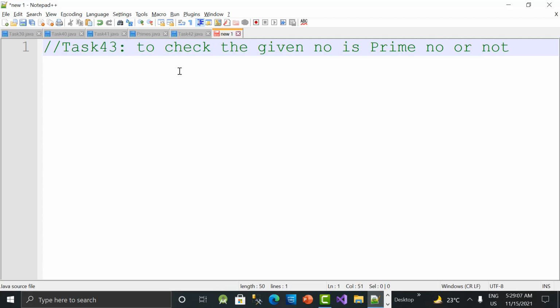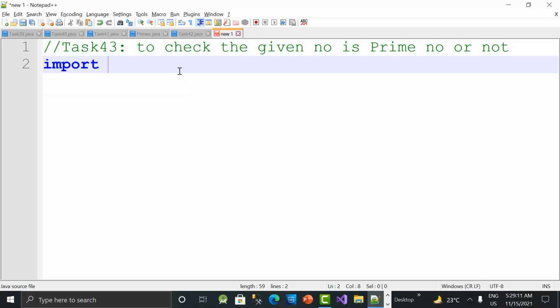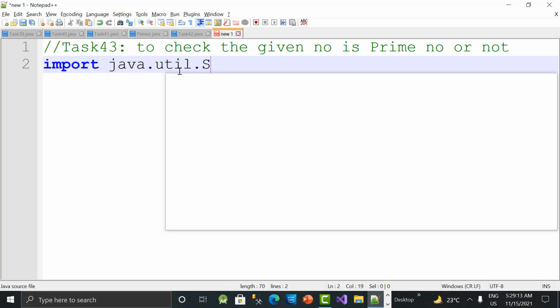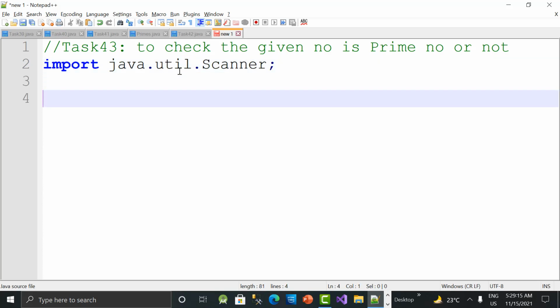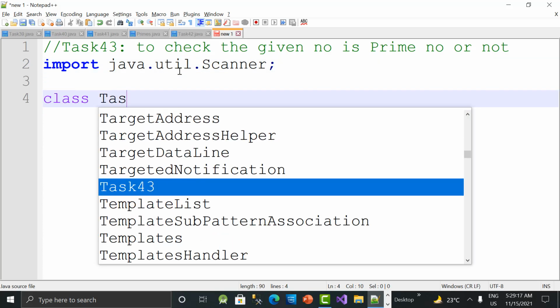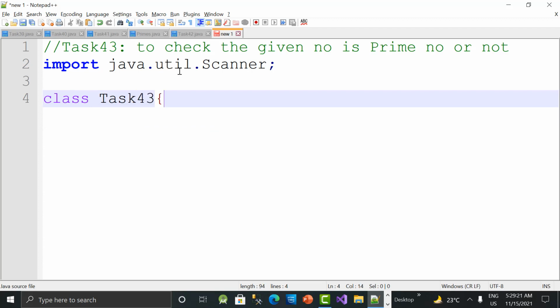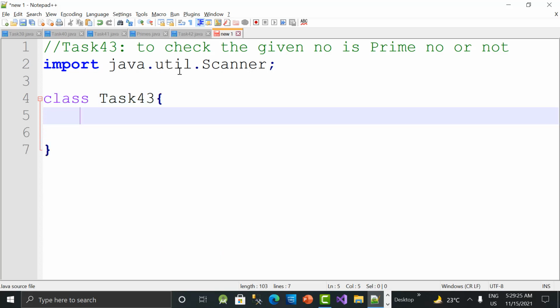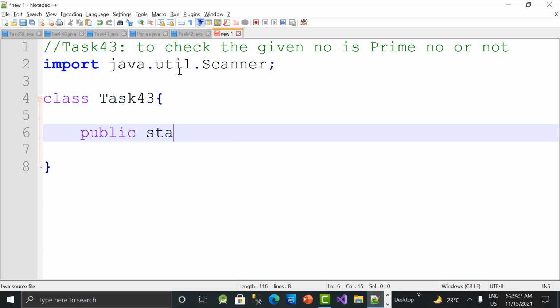So let's import the Scanner class first, java.util.Scanner, and then class Task43. And here I'm taking the main method, guys: public static void main.